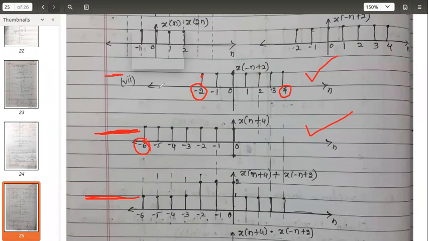Then starting at 0, what is the question? We should add these two signals, adding in amplitude, okay, adding not in time. We are now doing the addition of the amplitudes of these two signals. So check what is the amplitude here. I think till minus 3 you don't have any amplitudes: 0, 0, 0, 0 till minus 2. Okay, at minus 2 you have 1.